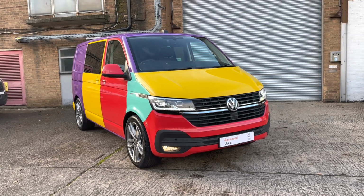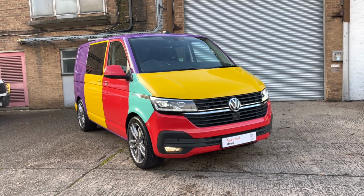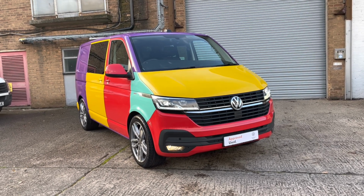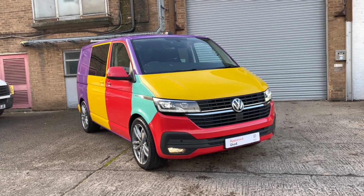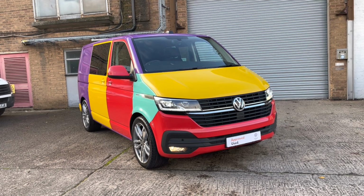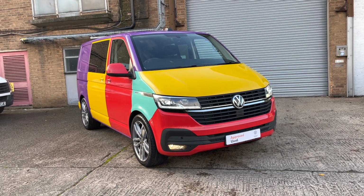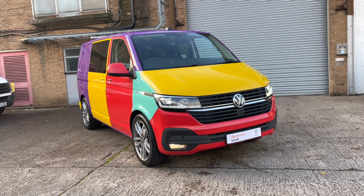Now for a quick recap over my video. This is a Volkswagen short wheelbase Kombi. It's a Highline model. It's fitted with a 150 PS 2-litre turbo diesel engine, and it also has a 7-speed DSG automatic gearbox. If you would like any more information on this used approved 21 plate Kombi, please call 0121 514 0632